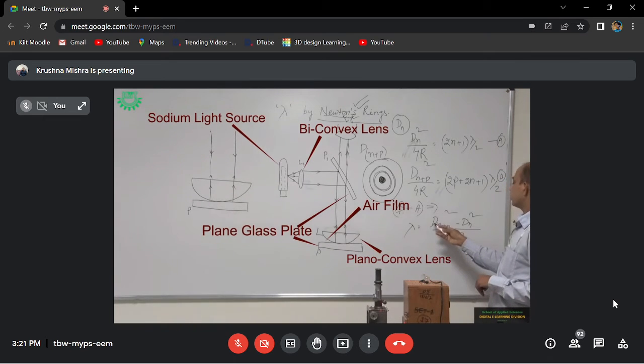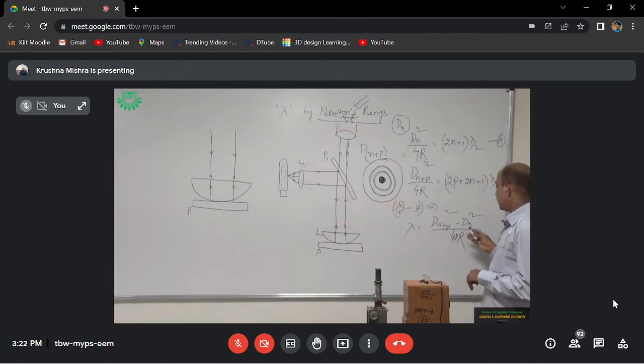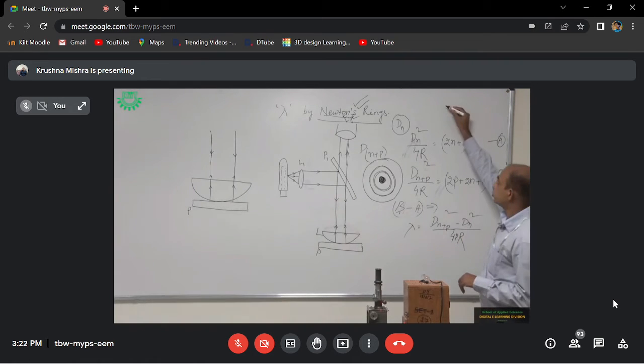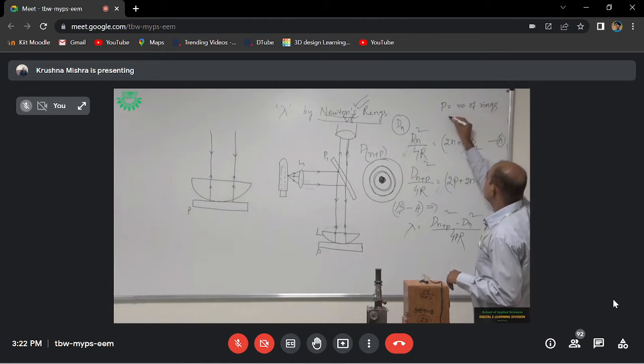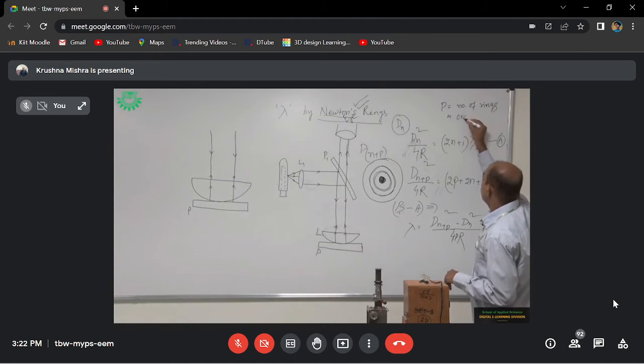So where I have already told, D n plus p is the diameter of any arbitrary n plus pth ring, and D n is the diameter of the nth ring. Then p is the number of rings, or we can say the order of rings,